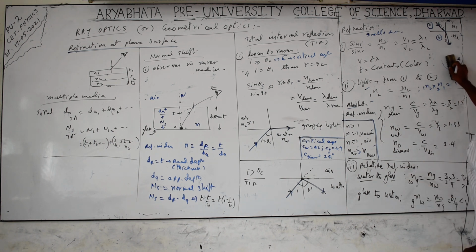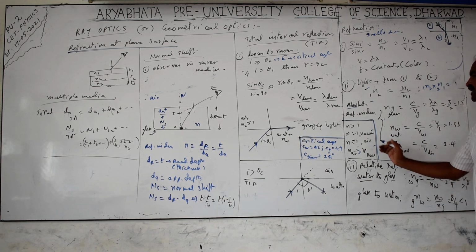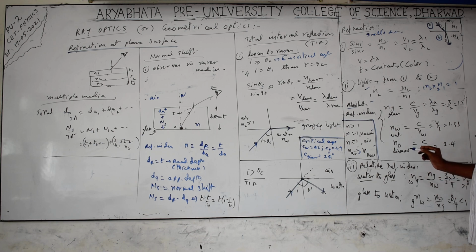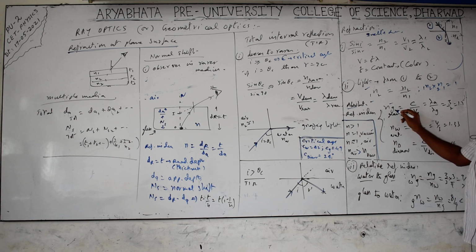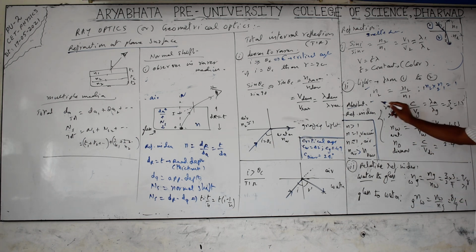But in the air, when traveling from vacuum to air, light deviates, because the air is slightly denser than the vacuum. But for practical problems, we take air and vacuum as having nearly equal refractive index. So if only N g is given, it means with respect to N vacuum or N air. If instead of glass you are taking water or something, then you have to take N water.